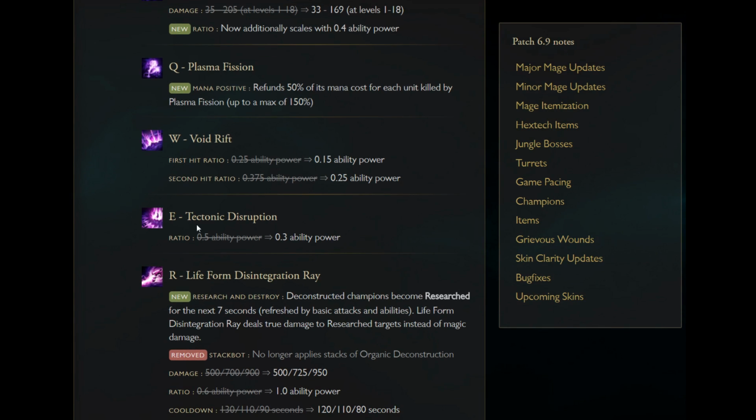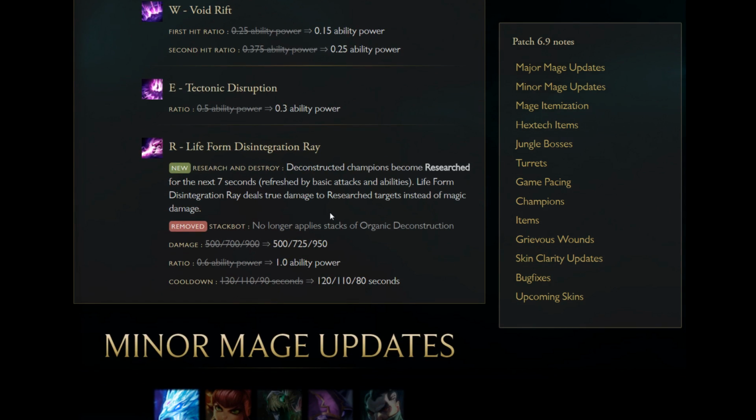0.2 AP ratio off of the E. I mean, E did damage before, and it was nice to have the damage, and that 0.2 ratio will definitely be felt, but the E was more about setting them up and keeping them where you wanted them to be. Here's where his kit is really interesting with the whole...